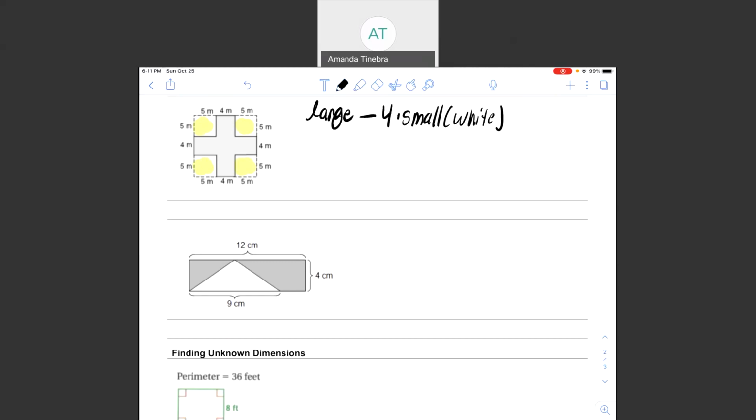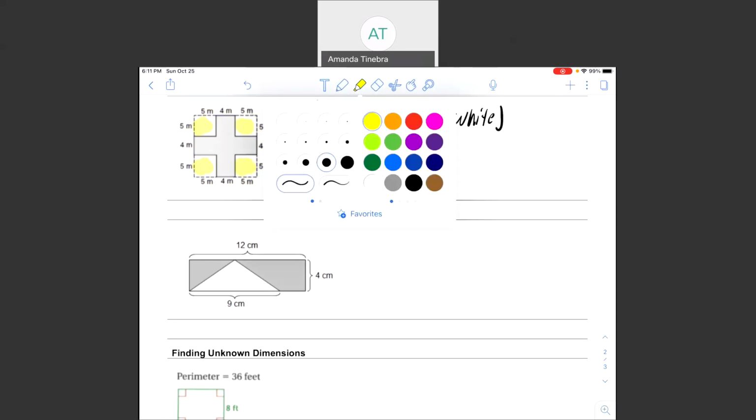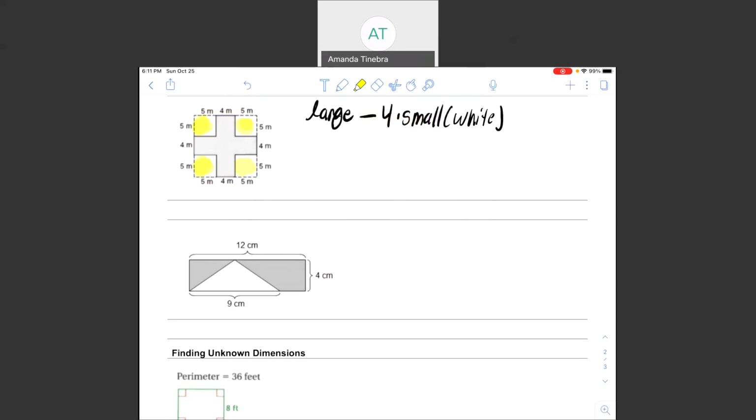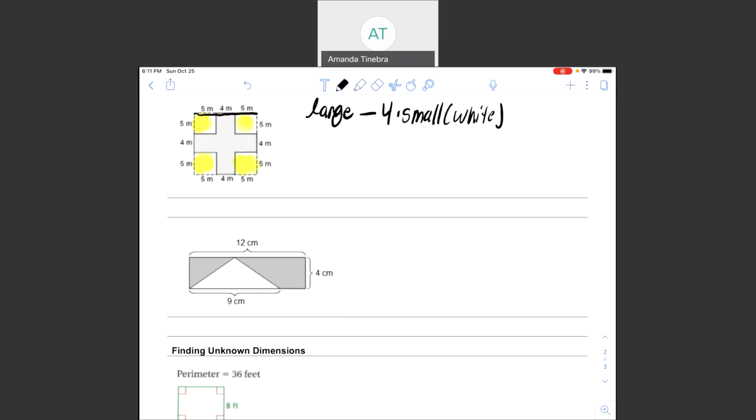The other way to do this would be to just find the area of the large square, going all the way around, and then subtract the area of these smaller squares 4 times. If I want to find the area of the large square, I want to know how long one side length is. Well, I see that this side length is 5 plus 4 plus 5 again. That's 14. So my large square has an area 14 times 14,